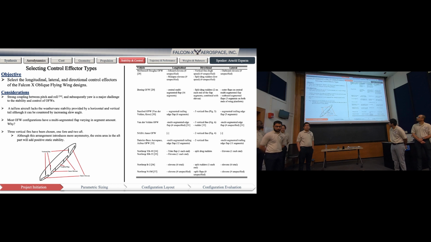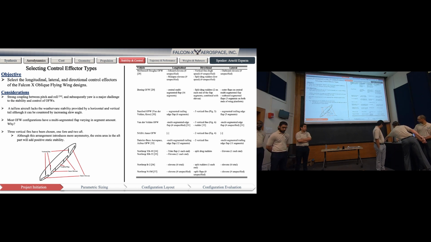So the focus for stability and control is obviously selecting the control vectors we're going to use to move forward. Some of the most important considerations are the strong coupling between pitch, roll, and yaw, and then the fact that we have a tailless aircraft on our hands. As you can see here, this is the aircraft we have considered, and this is our layout for the control